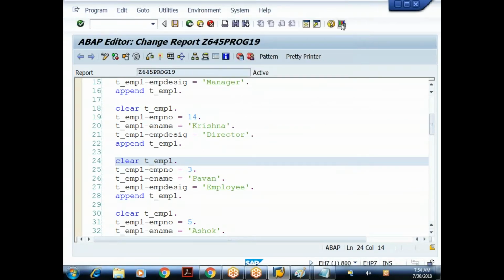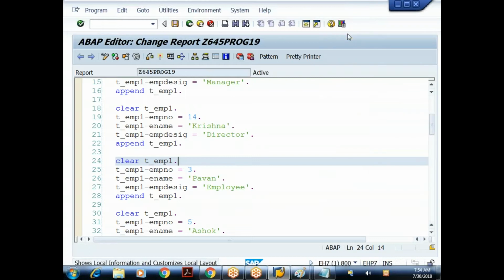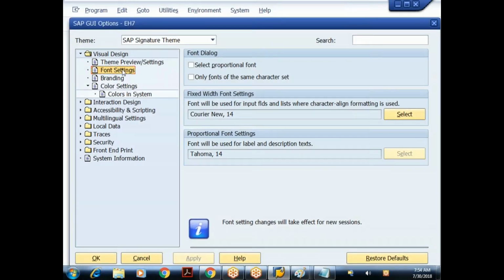Okay. See, Syed, on the standard toolbar. This is nothing but the standard toolbar. Here we have Customize Local Layout. If you click on this, in this you'll have options. Go to options. Here you have font settings.